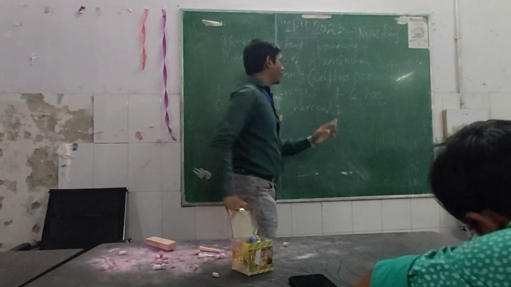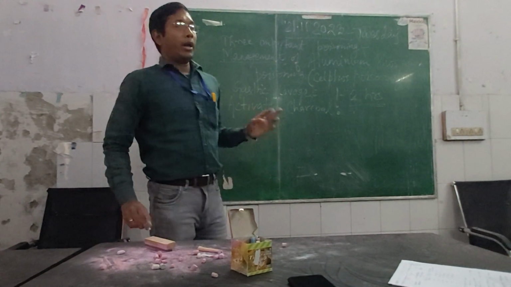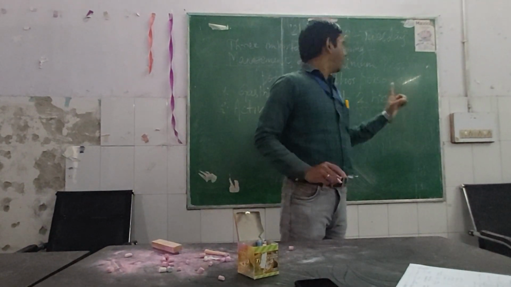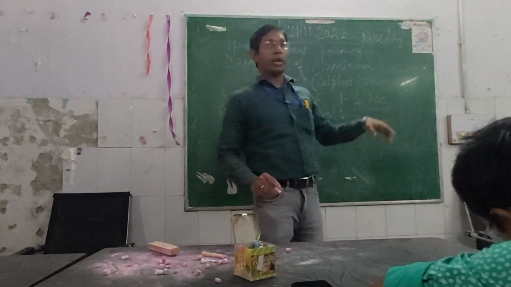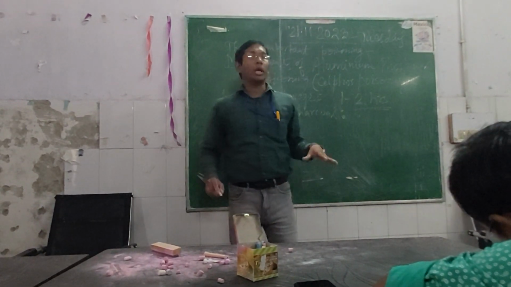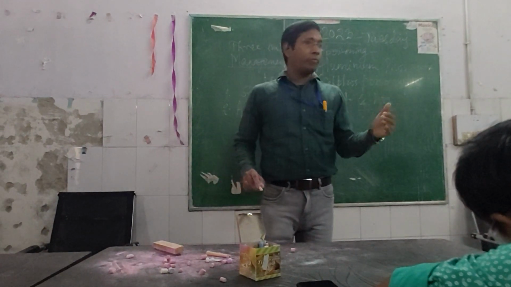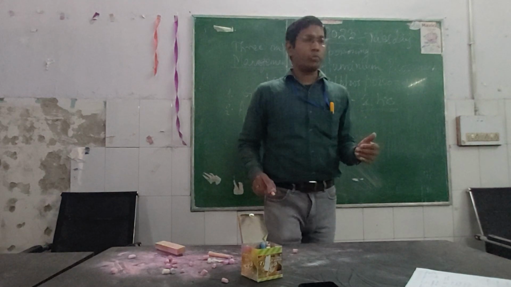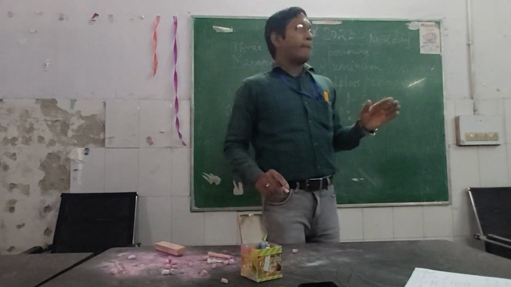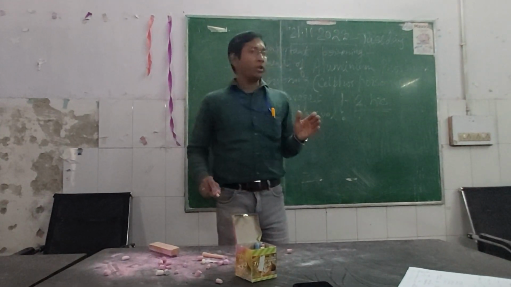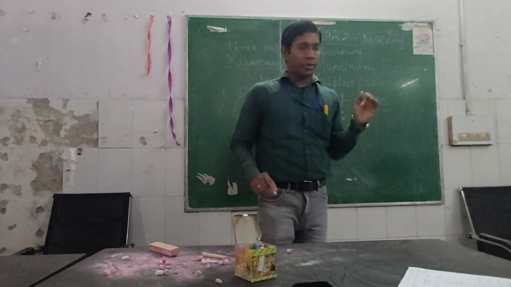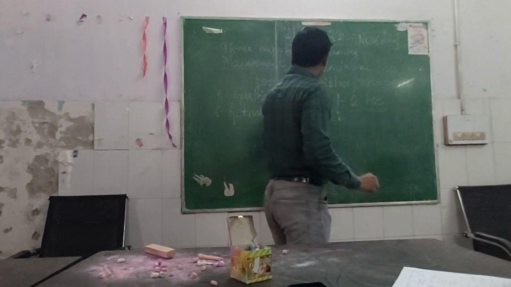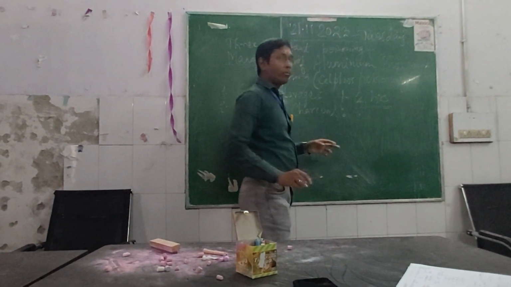What is the purpose of giving activated charcoal? Activated charcoal absorbs the phosphine gas, because this aluminum phosphide in contact with moisture or water releases phosphine, and phosphine is the ultimate toxic ingredient in cell-phos poisoning that hampers the oxidative phosphorylation in the mitochondrial crista. So we have to give activated charcoal and